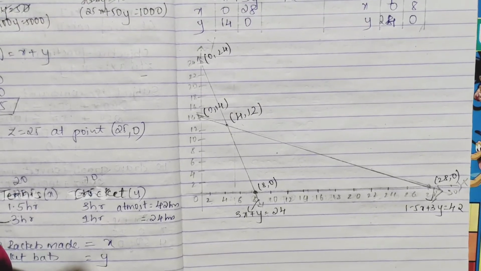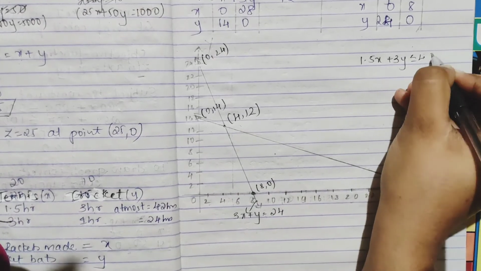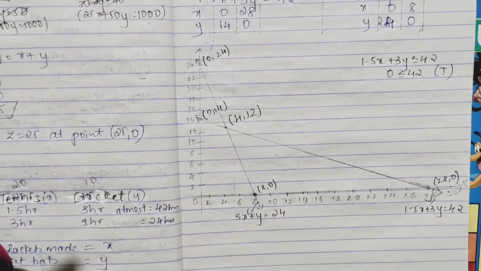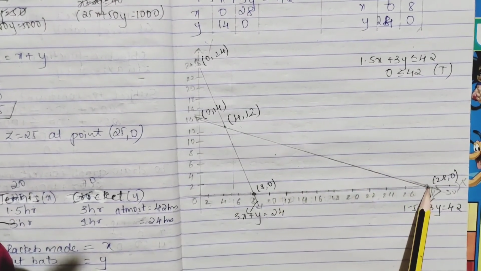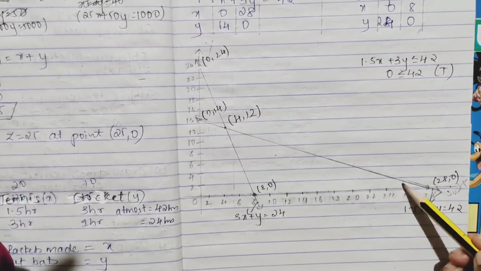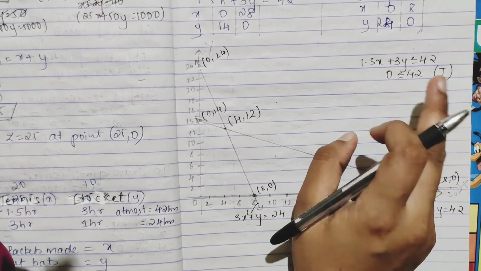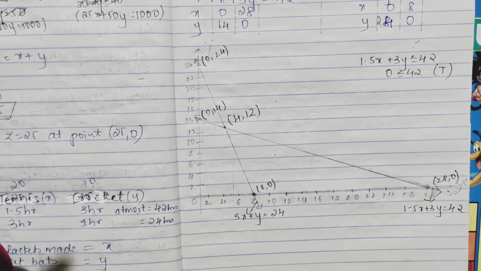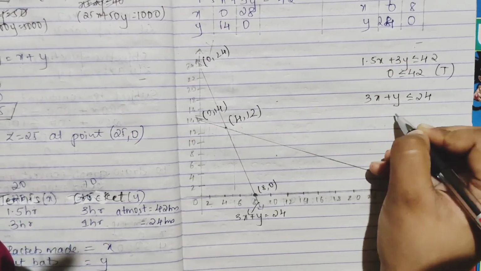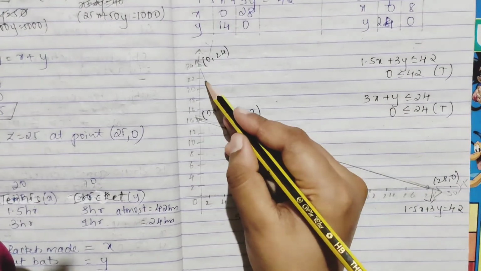So we will check our feasible region. One is 1.5x plus 3y less than or equal to 42. Put 0, yes, this is true. Which is the line? It is this line. So the origin comes here itself, so it is true for this section. The opposite of this is not. Okay, if it was false then you would have taken the other part. Second is 3x plus y less than or equal to 24. Put 0, even this is true. Okay, so which is the line? This is the line, and your region will be this.